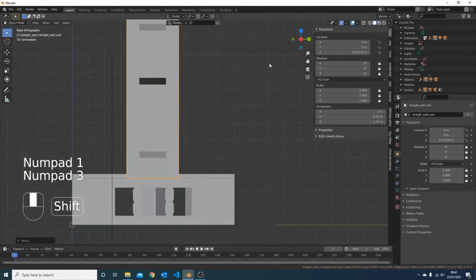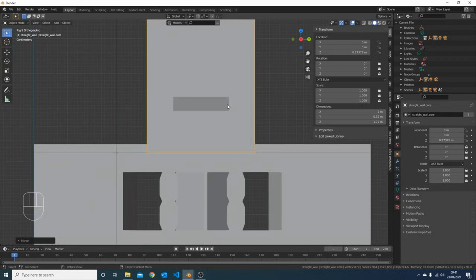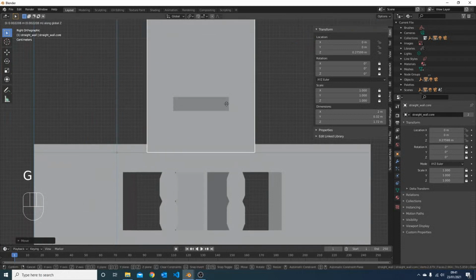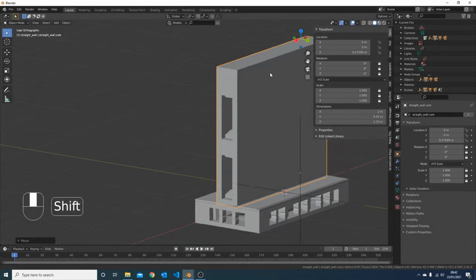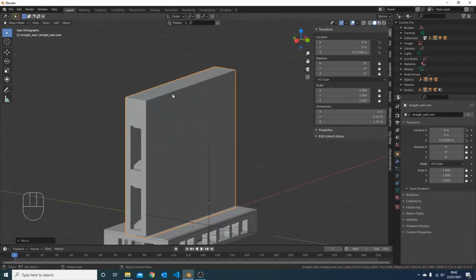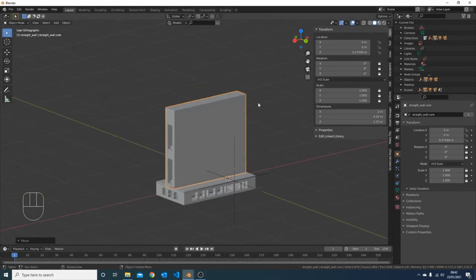So I'm just going to go into side view, make sure that's pretty much in the right place. Okay, right, you can see that we've lost our top pegs while doing that. So the top pegs are now inside the tile. So if you do want to retain the top pegs, what you need to do is you need to come